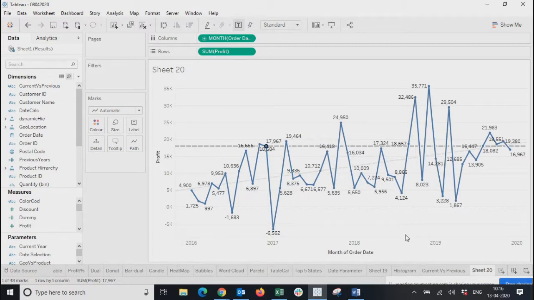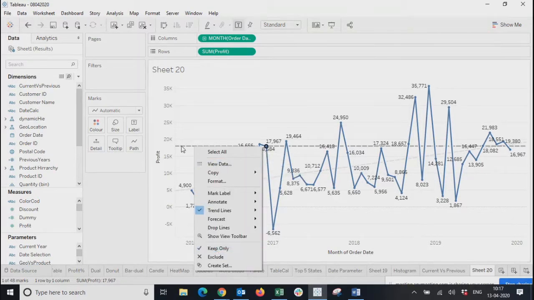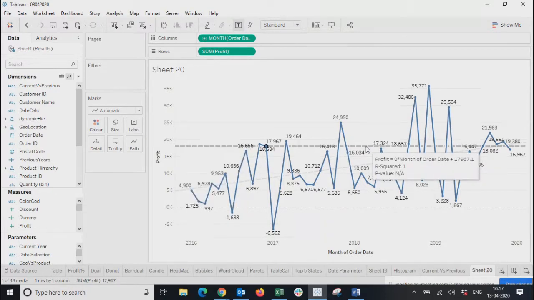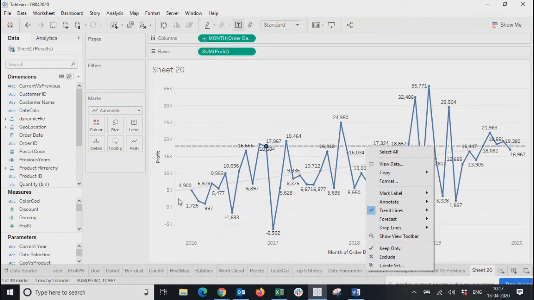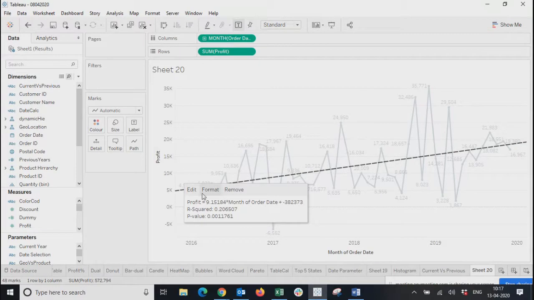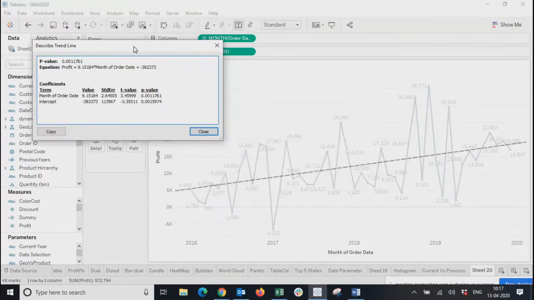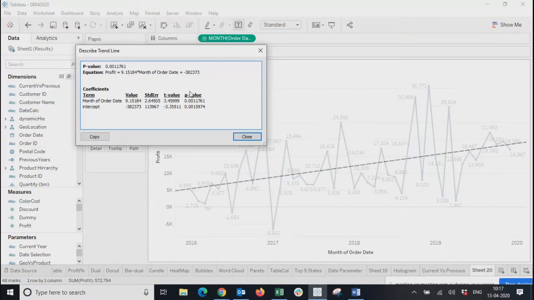Okay, so you're getting two trend lines right now. One is this line, which is continuously going up, so it shows the trend starting from the first point where my data started in 2016, and it's crossing the other trend, which is basically the profit. Now there has to be one edit, describe trend line. I was trying to see the same value on this line also. So if you see here